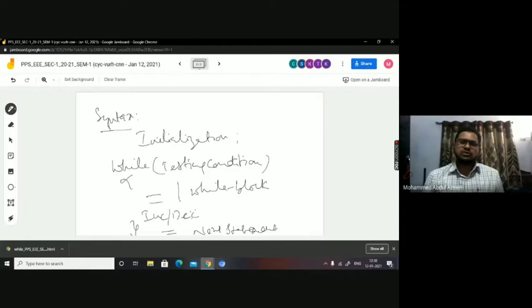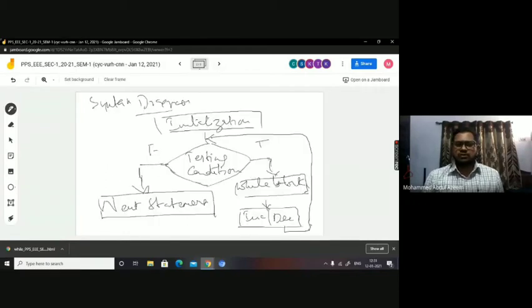When the condition is true, you are allowed inside the block, and before the termination you have increment or decrement, and again you go for testing the condition. The loop repeats until the condition is false. When the condition is false, you come on to the next step. The logic is very similar to that of for itself, no much difference.